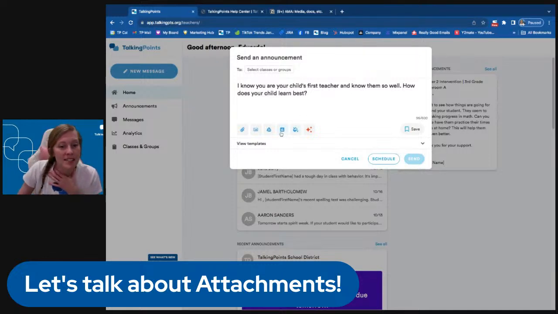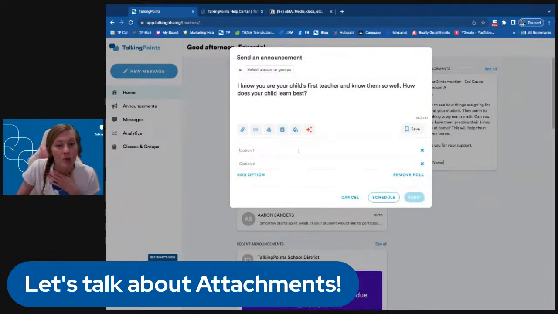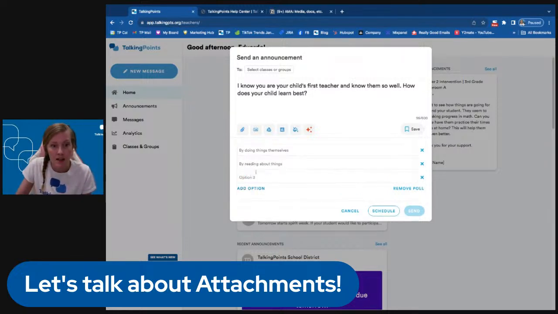So then this button down here, it looks kind of like a bar graph. You'll click that and it opens two options. You can add multiple options to this for the poll. So I'm going to say by doing things themselves, by reading about things, by listening to instructions.